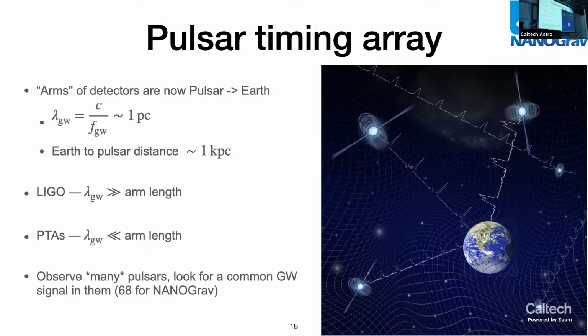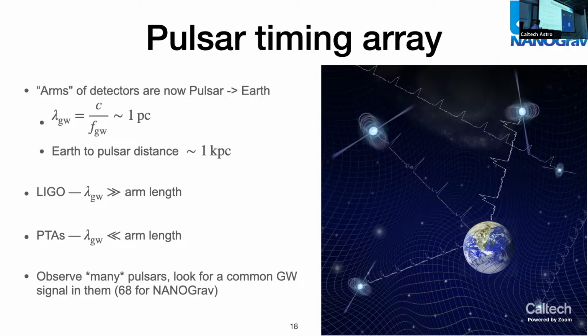And so this actually brings up a distinction compared to when you're thinking about, say, LIGO and Virgo, because for those instruments, the wavelength of the gravitational wave is much longer than the size of the detectors. And in this case, we have the reverse. The wavelength of the gravitational wave is much smaller than the distance to the detectors. And this actually means that the intuition that we built for LIGO is close, but not quite right. And I'll talk in the next slide a little bit more about that.